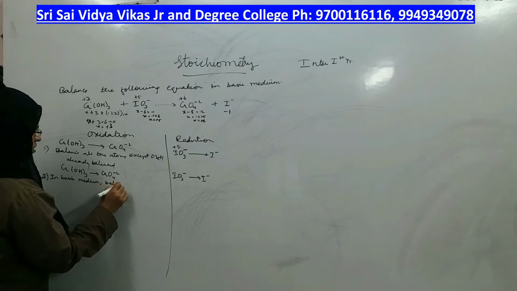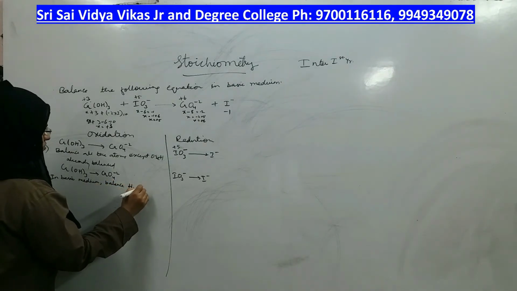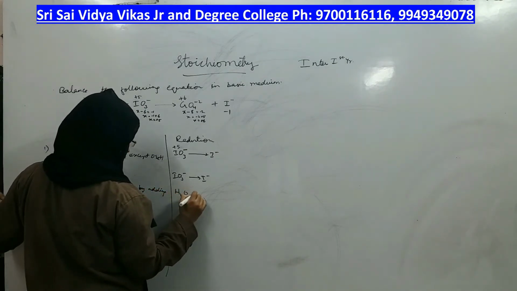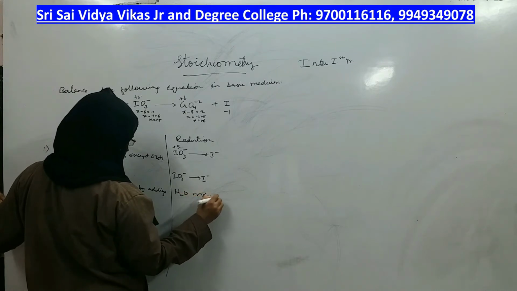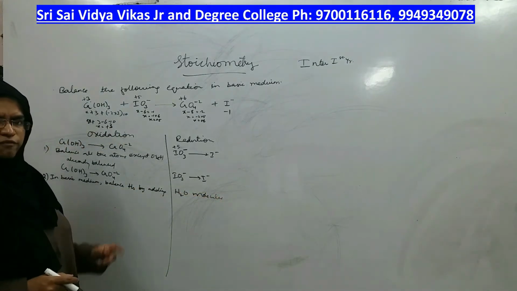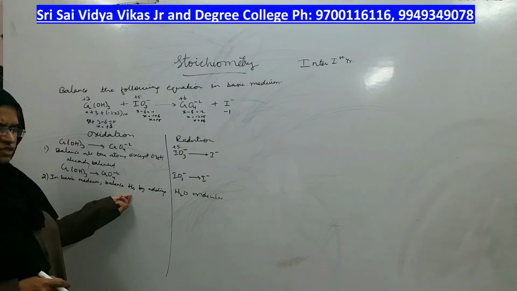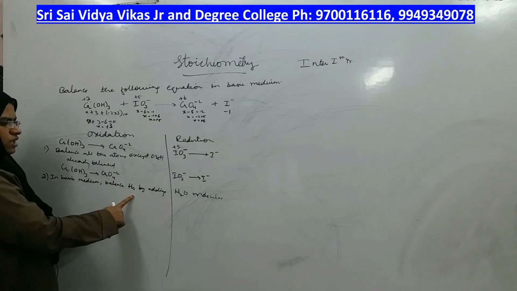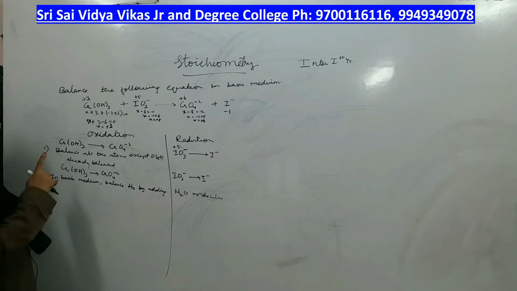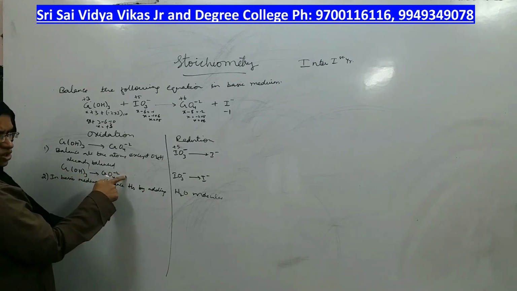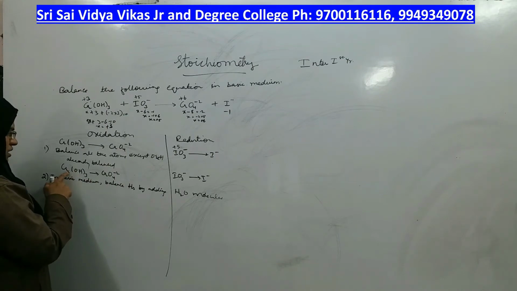balance the hydrogens by adding water molecules. In acidic medium, you balanced oxygen first and then hydrogen, but here it is opposite. You have to balance hydrogens first and then oxygens. How to balance hydrogens here? By adding water molecules. How many hydrogens are less, that many water molecules we are supposed to add. So now in this part there are 3 hydrogens on the left side but no hydrogens on the right side. As 3 hydrogens are present here, you have to add 3 water molecules on this side.